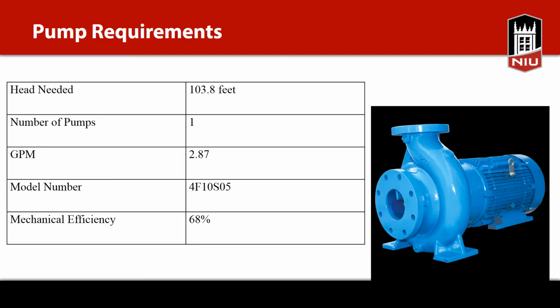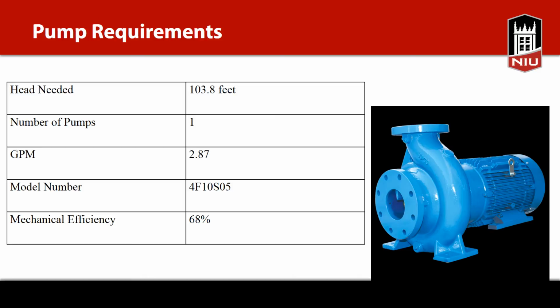The pump requirements are driven by the volumetric flow rate of the system, as well as the head required to overcome head losses in the piping network and the heat exchanger. The required head is 103.8 feet, and the required flow rate is 2.87 gallons per minute. The pump chosen is a Flint and Walling 8-stage, half horsepower, 10 gallon per minute submersible pump. The performance curve was plotted in Excel, and a best fit curve was fitted. The resulting equation was included in the Hardy-Cross MATLAB code. This pump has an operating RPM of 2,400 and mechanical efficiency at 2.87 gallons per minute